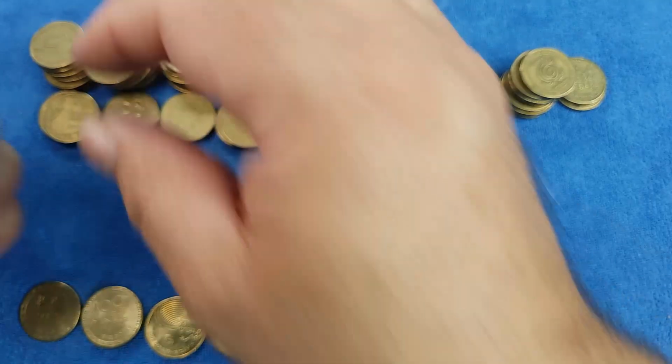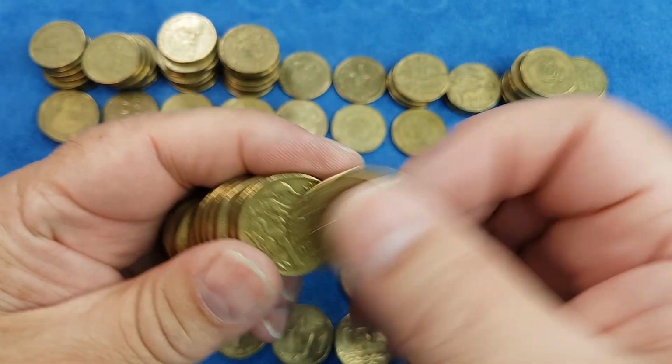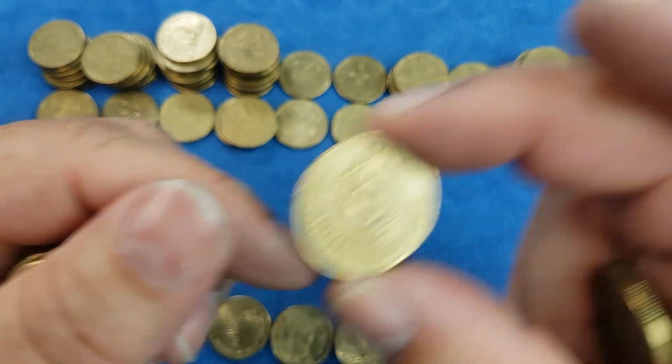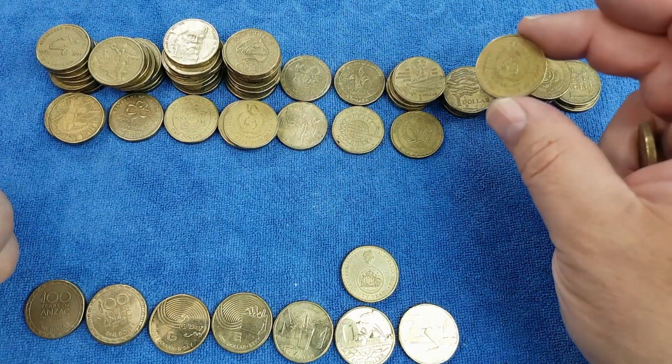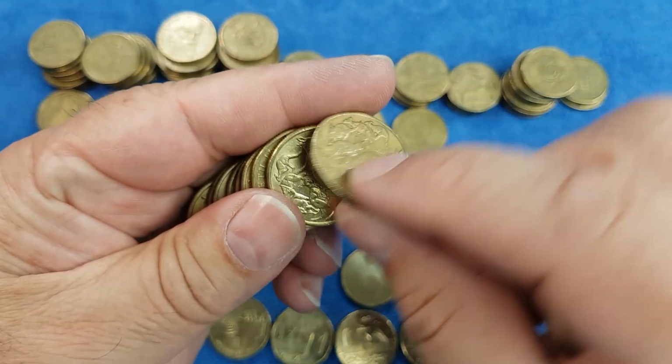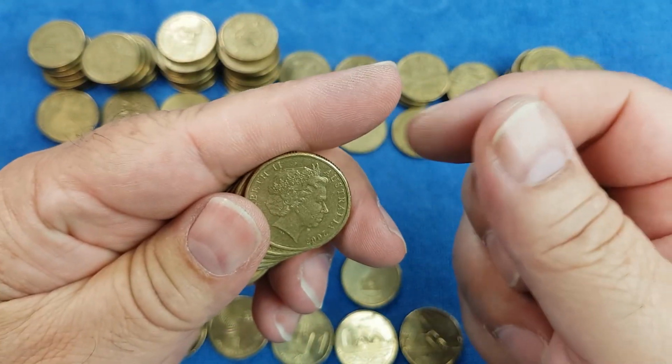We still have a chance, but until now we haven't found the Centenary of Qantas, 100 years of Qantas, which is what we're looking for to close out the book. Could still be here, could still be in this coin roll, but